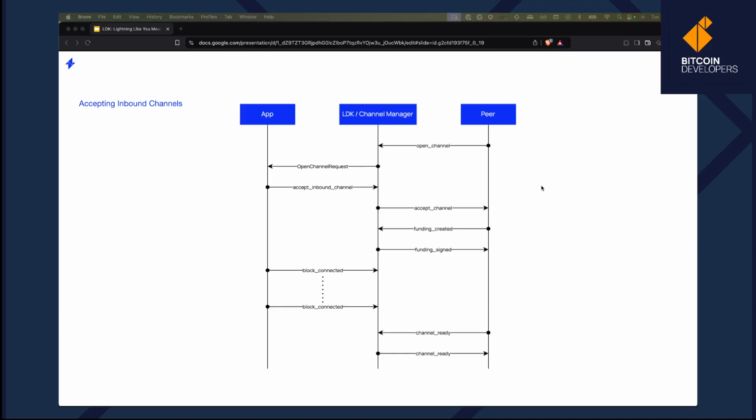Then our peer sends us back the funding created and funding signed messages to indicate that we have a signed transaction ready to broadcast. And then we poll the blockchain in one of those various methods that we discussed earlier, whether it be Core or Explorer. And then when we have sufficient confirmations of that,